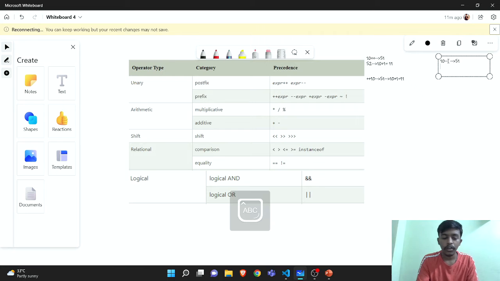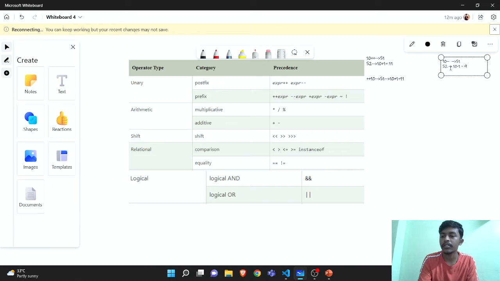So let's go to statement 2. What happens in this statement 2? As we have assigned a certain condition here, it should be executed here. That means as we have decremented it, it should be decremented with 1. 10 minus 1 equals 9. So this will be your answer. Okay,